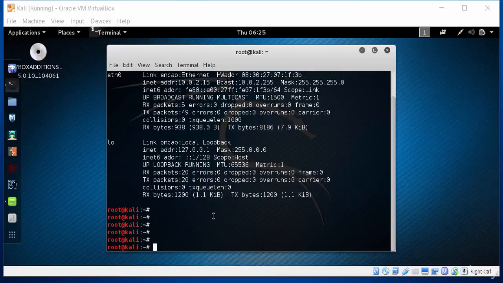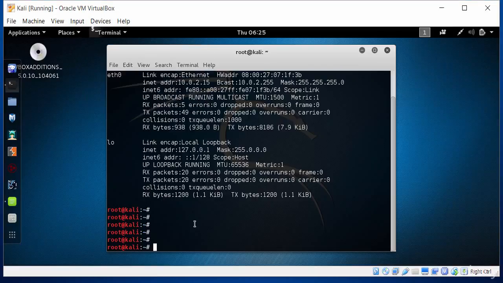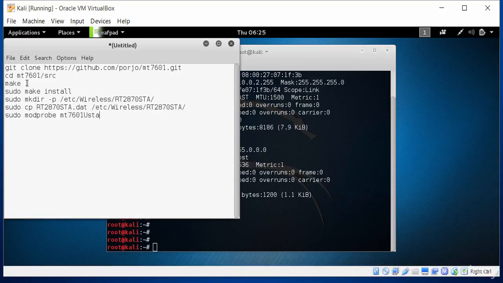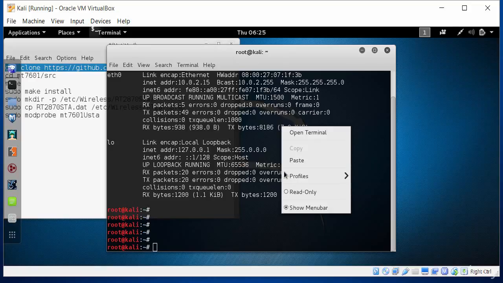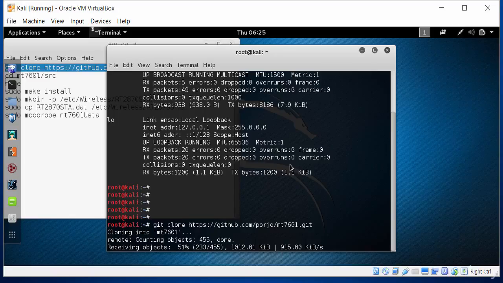If your wireless card is not detected by Kali Linux, you need to go to the website of the manufacturer of your particular device and get the driver from there, especially if it hasn't been done with the VirtualBox editions. I've got a short tutorial here of how I'm going to install the wireless access card on my particular machine. So what I'm going to do is copy this and go to this particular git clone link and download that